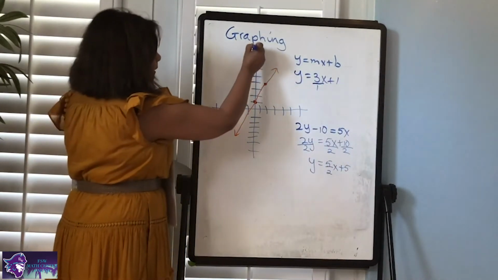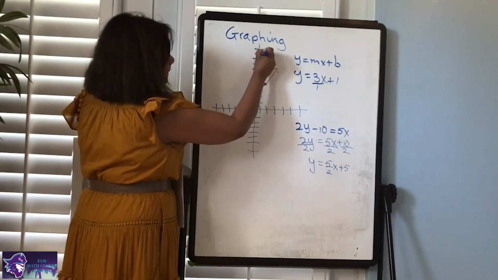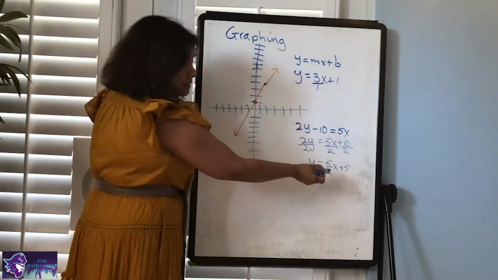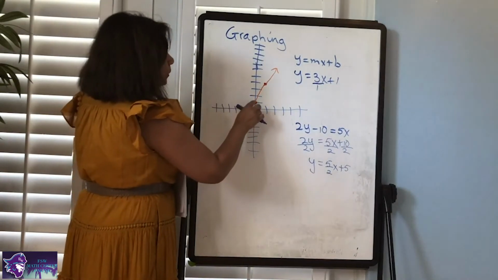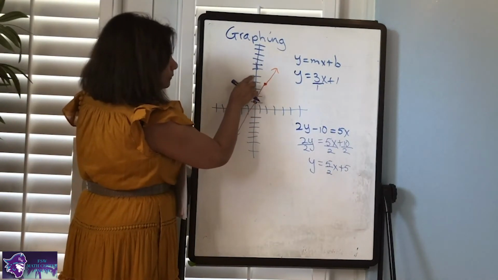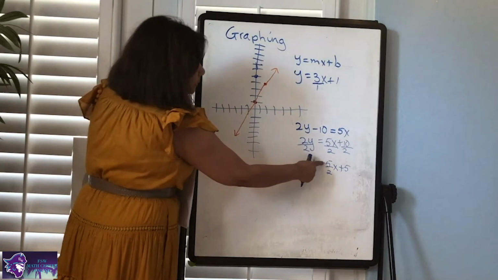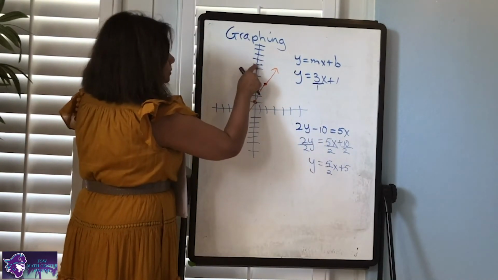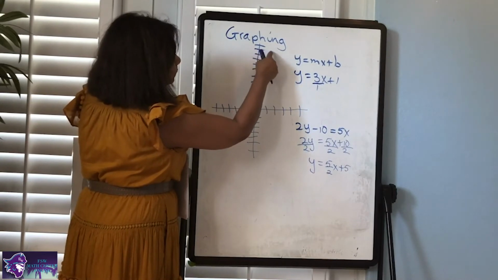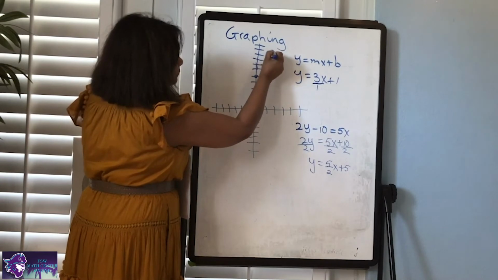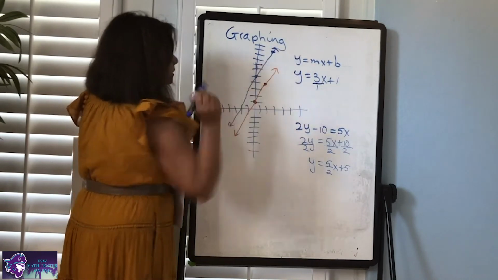Now I probably need to put a couple more points on here if I'm to graph this one. So I'm just going to extend this. Okay, now it's in slope-intercept form. So the 5 represents my y-intercept. So that means I'm going to go up 5. 1, 2, 3, 4, 5, which is right here. And then from here, I'm going to go up 5 more because my rise is 5. So I have to rise 1, 2, 3, 4, 5. But then 2 over to the right. So 2 over would be 1, 2, which is there. And so if I draw my line, and I'm going to try and draw it as straight as I can, that's what it looks like.